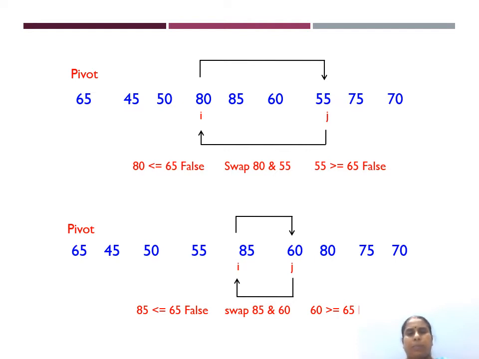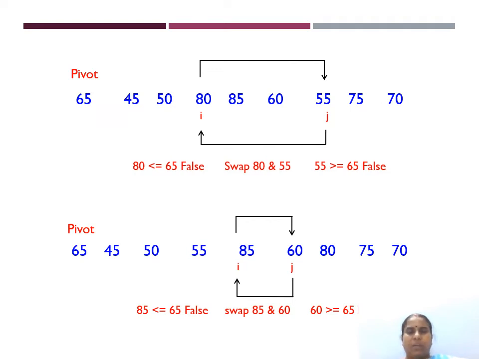And now we will apply the same on the right hand side. Now the j value is 7, and it is compared with the pivot. So every time the left side pointer makes a comparison with the pivot, and the right hand side pointer also makes a comparison with the pivot. Now j is pointing at position 7 and the value at position 7 is 55. 55 is compared with the pivot. Is 55 greater or not? No, 55 is not greater than 65,